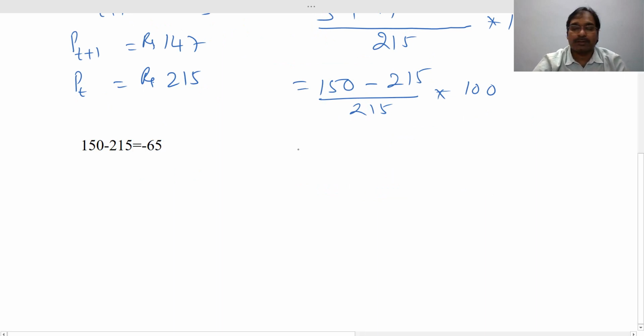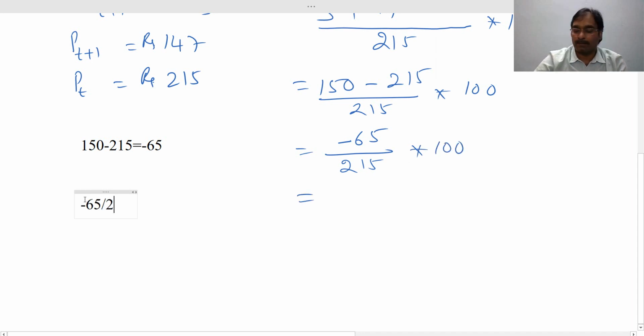So on this stock you lose rupees 65, minus 65 by 215 into 100. So your loss is minus